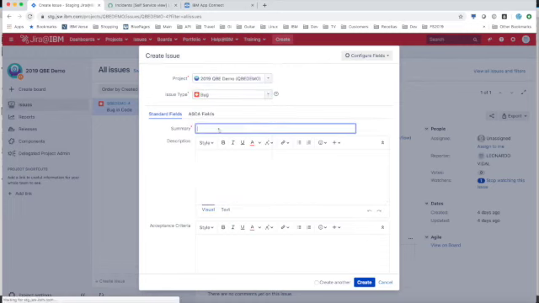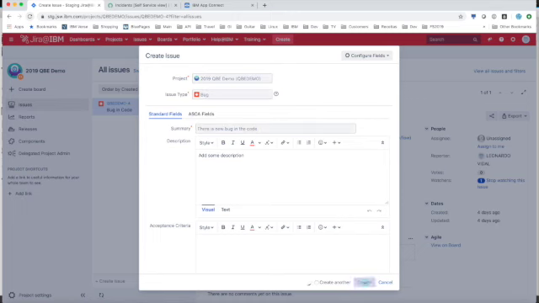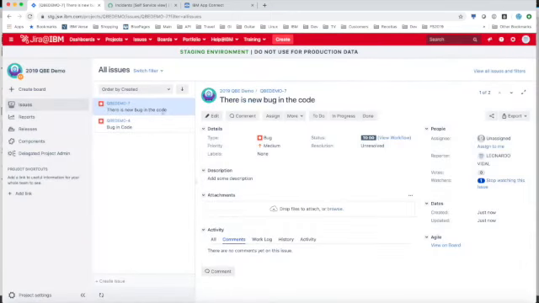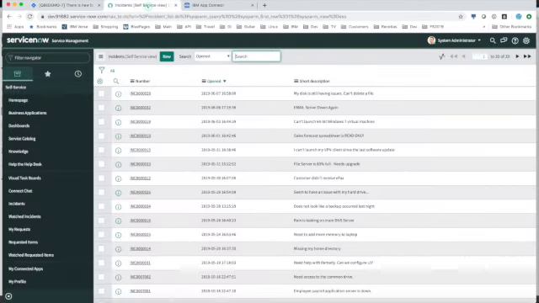It's a bug, so there is a new bug in code. I will add some description here from issue, and I will create the new issue in Jira. Right. So now if you go to ServiceNow